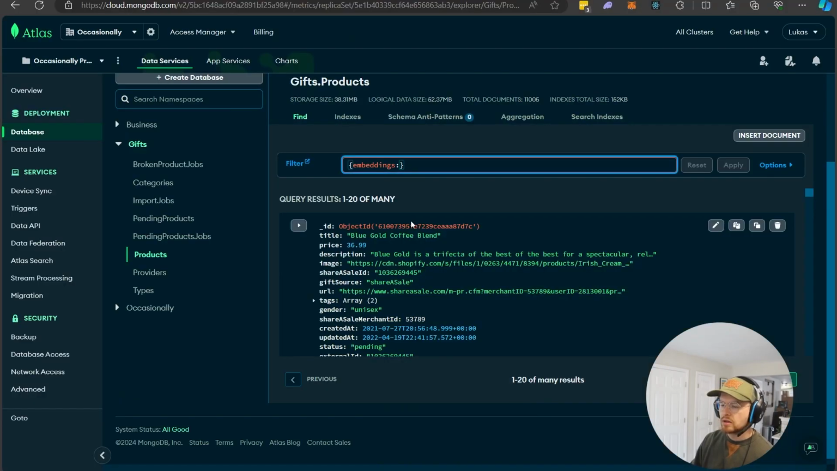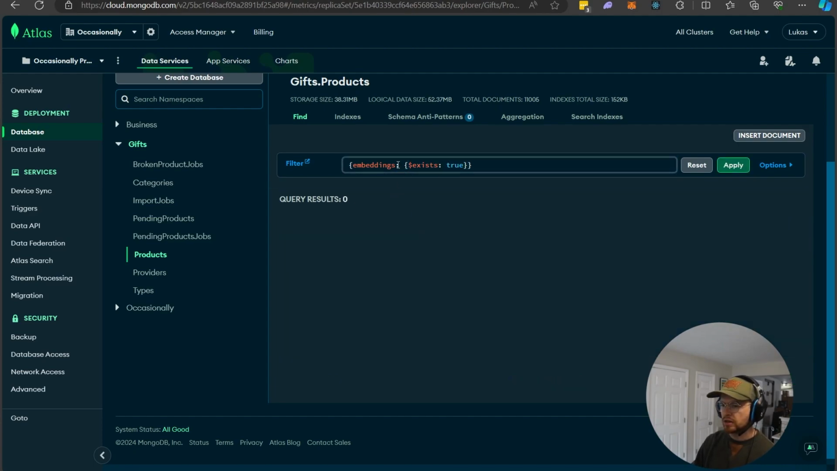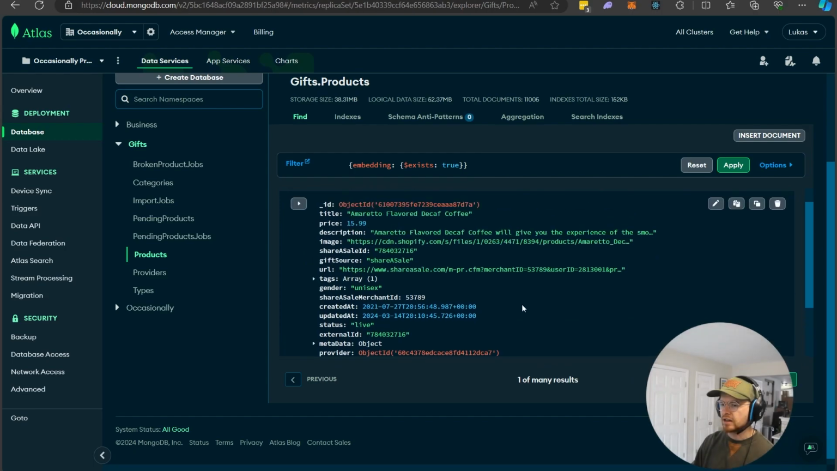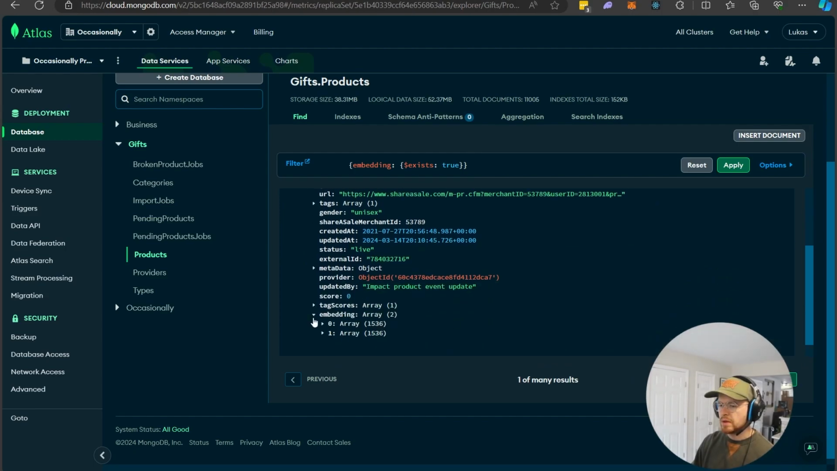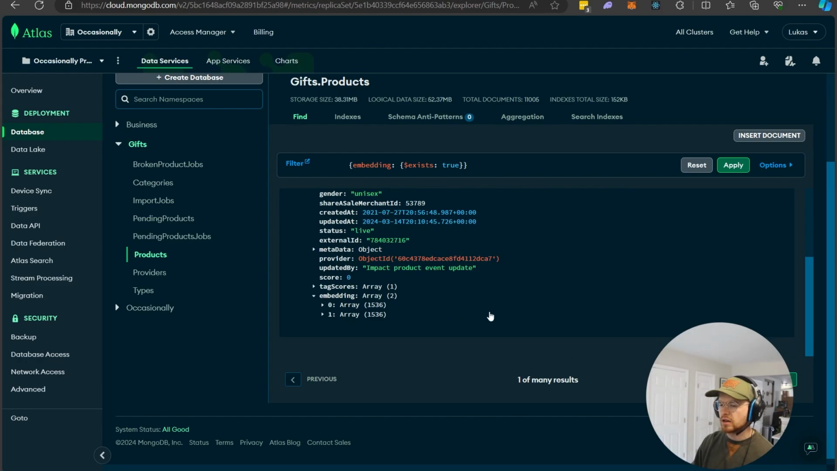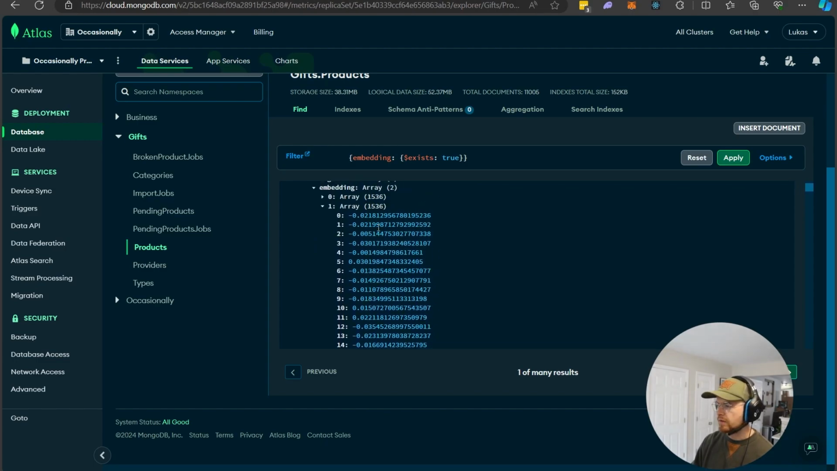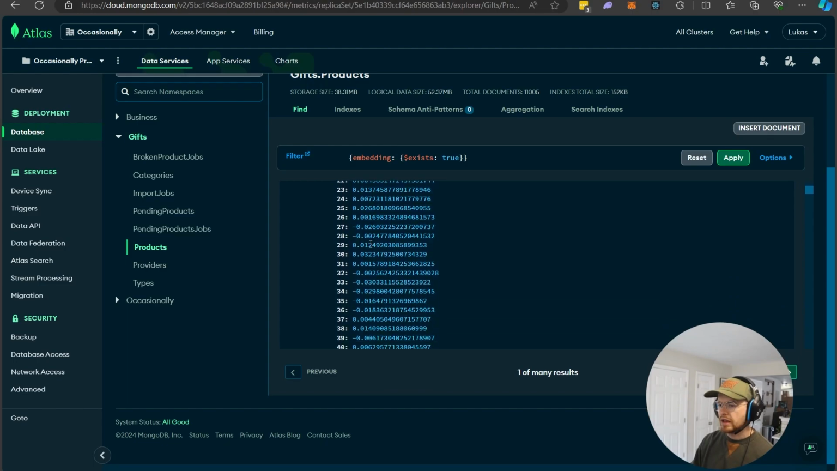Okay, so without further ado, let's look at the embeddings. I'm just going to look for embedding, or actually that might not work. What about embedding? Aha, we've got many. Great. I think the embeddings are a pretty big field for the document. Yeah, so look at this. An array of 1536 in length, and it just keeps on going. So this is what I was generating with OpenAI